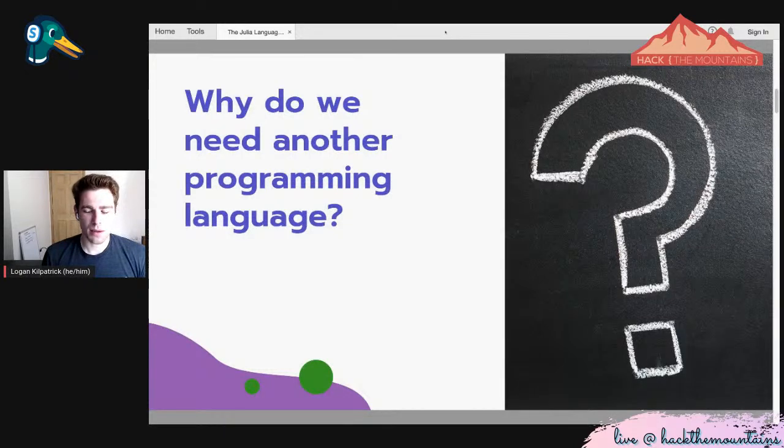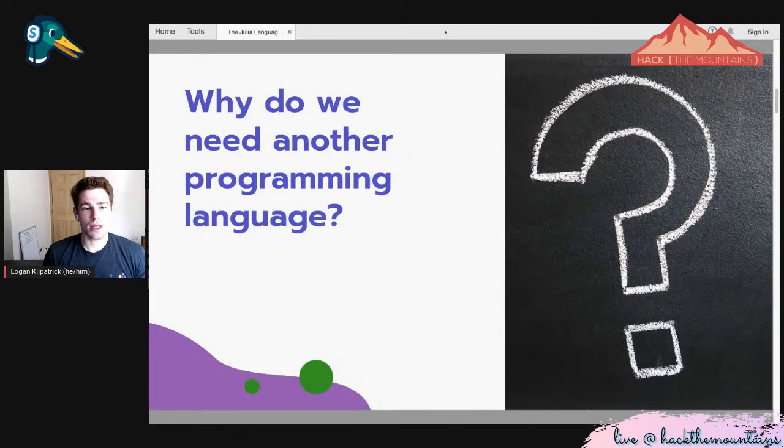If we're talking about what Julia is, perhaps it makes a lot of sense to take a step back before we look at it and think, in the scope of programming and computer science, why do we need another programming language? What are the challenges that people are facing, and how can we solve those challenges? I think this is a really important question to ask yourself when you're going to learn a new tool. Do I really need to learn this new tool? And the reality is, for some folks, the answer might be no. There really isn't a reason that you need to go learn something.